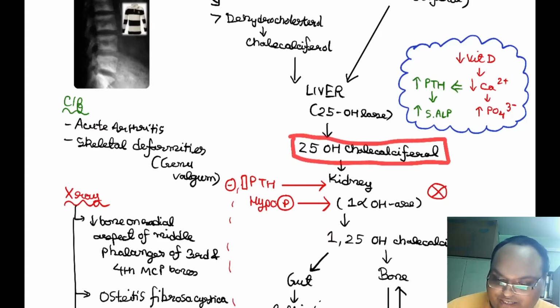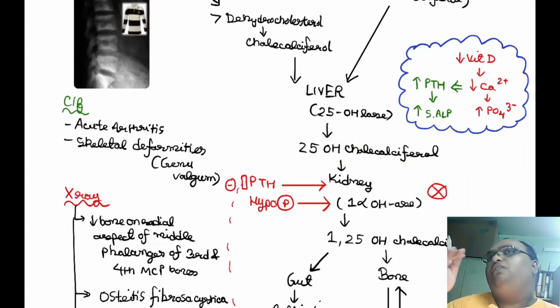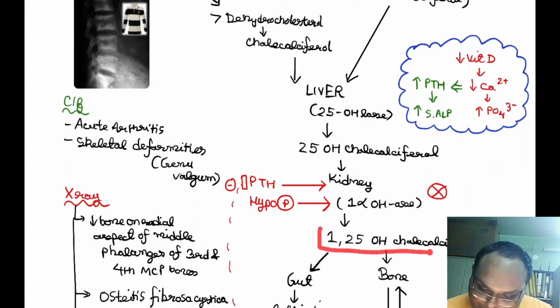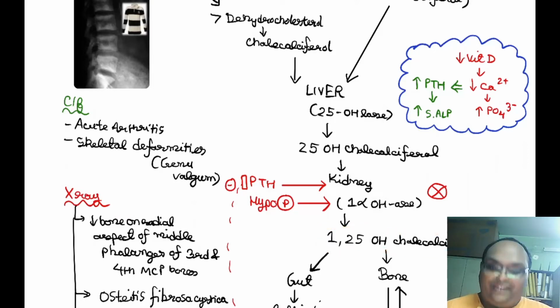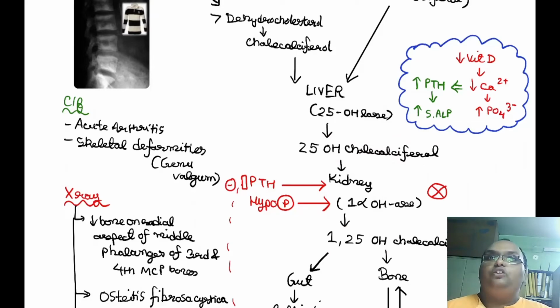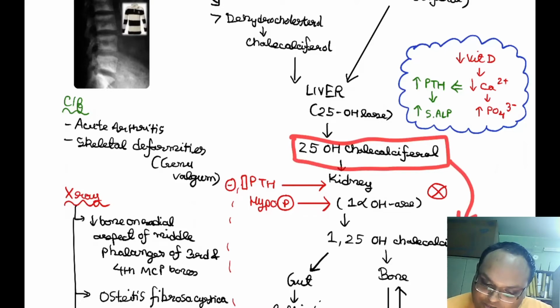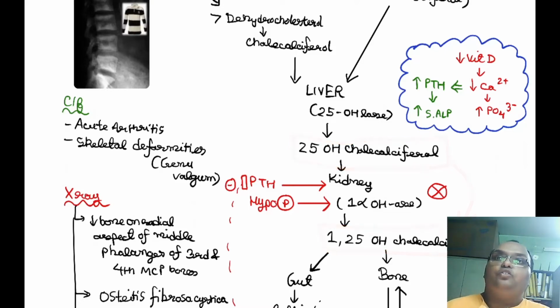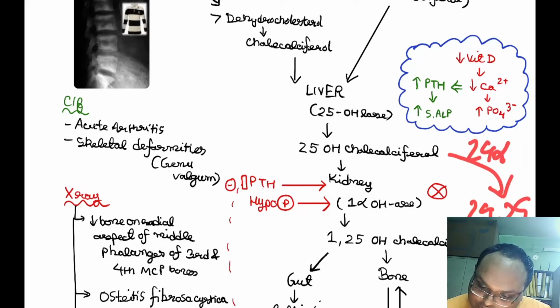Now this 25 hydroxy cholecalciferol goes to kidney, where you have 2 enzymes, 1 alpha hydroxylase for the positive axis and 24 alpha hydroxylase for the cutoff axis. Basically, if you need to synthesize active vitamin D, 1,25 dihydroxy cholecalciferol, whereas this 25 hydroxy cholecalciferol which was being formed in the liver was basically a premature form of vitamin D. This premature form could either be converted into this active form by 1 alpha hydroxylase in the kidney, or it could be converted into the inactive form 24,25 dihydroxy cholecalciferol by the 24 alpha hydroxylase present in the kidney.